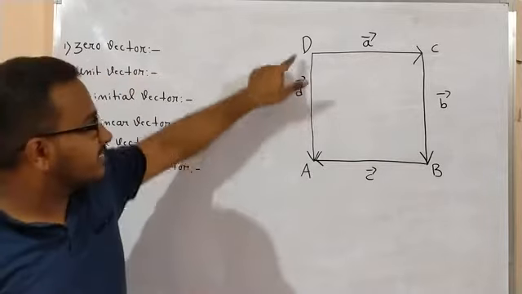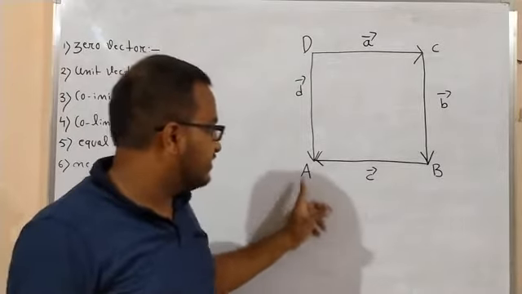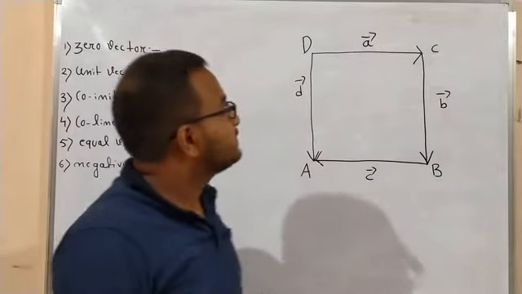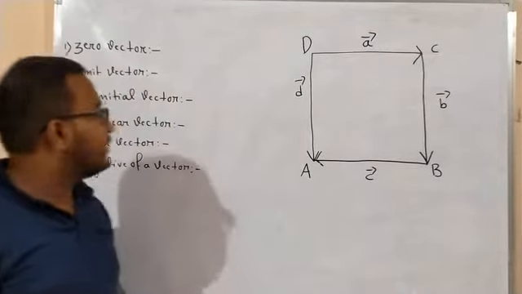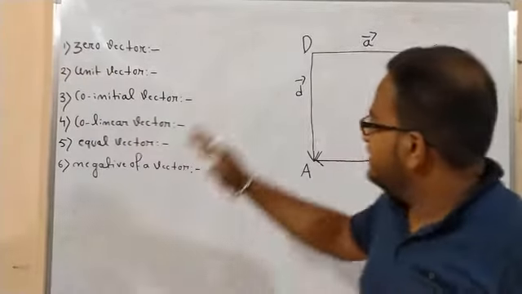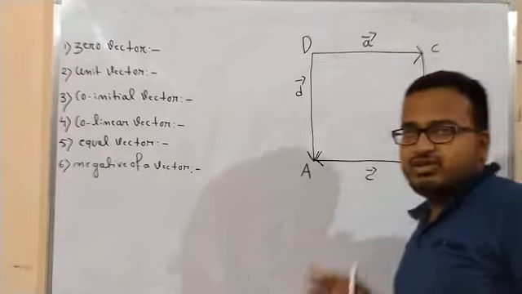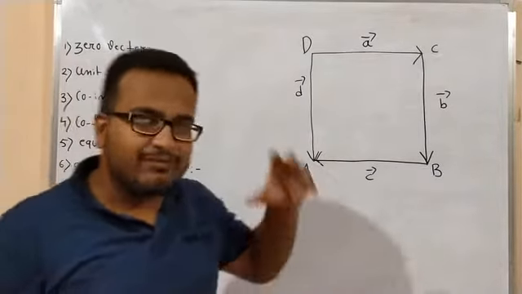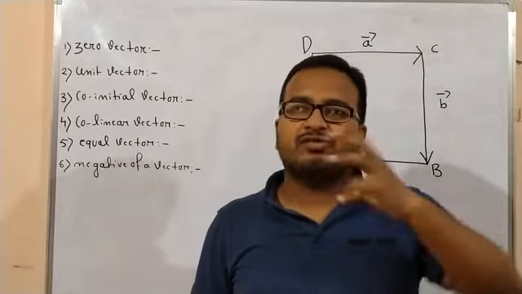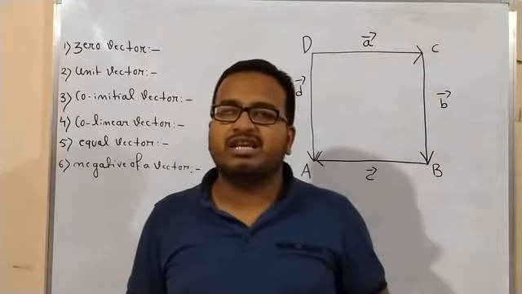Okay, so this vector is DA vector directed in this direction. This is BA vector, right? And this is CB vector, and this is DC vector. Okay, so by using this diagram, your job is to identify these vectors, right? So zero vector. Now, does a zero vector exist in this diagram? Yes, of course it exists, because I have already told you, if you take the same point as your initial as well as terminal point, then these types of vectors are basically known as zero vectors.